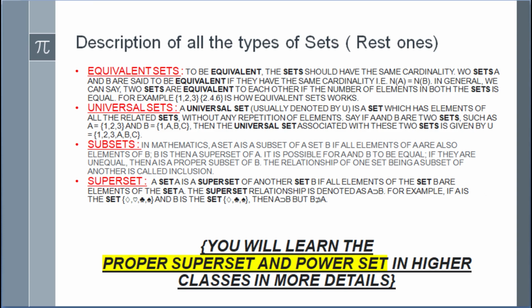The next set that comes is the equivalent set. Equivalent sets always occur between finite sets, a point to be remembered. Two finite sets are called equivalent sets if they contain the same number of elements. In other words, the sets A and B are equivalent sets if the cardinal number of set A and the cardinal number of set B are equal. I guess all are clear with me. If the cardinal numbers of two sets are the same, then the sets are called equivalent sets.